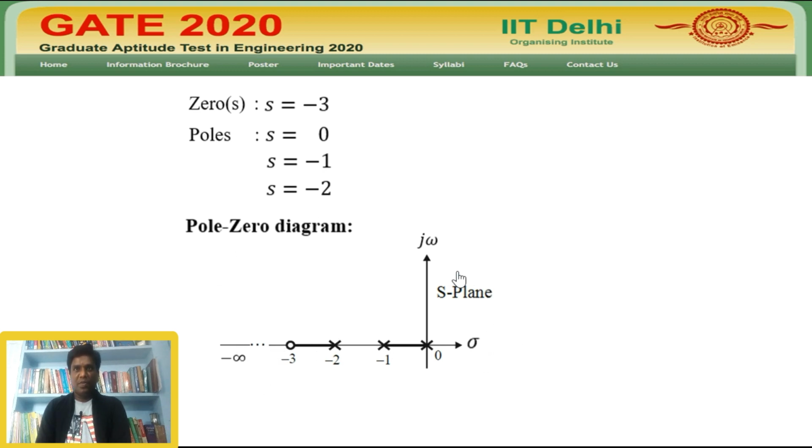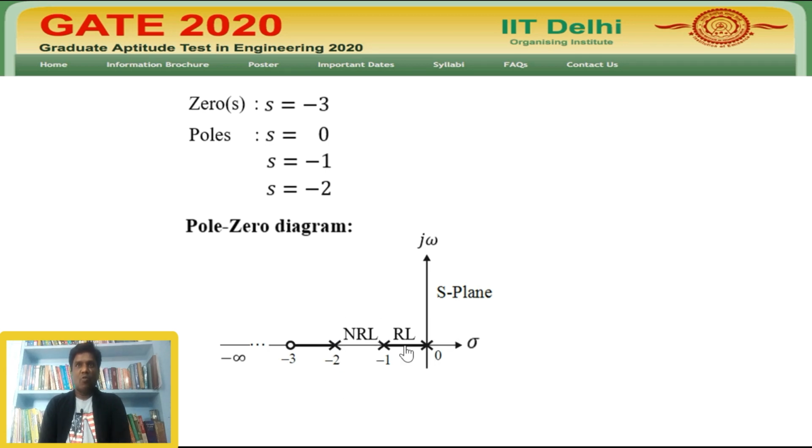According to this problem, from the pole-zero diagram in the S-plane, the odd number of counting is 1 from right to left. Here, the first odd-numbered segment starts at 0 and ends at minus 1. So, this segment of the interval is called the root locus path or root locus segment. Next, the even number of counting is 1, 2 from right to left. Here, the second position, the even-numbered segment, starts at minus 1 and ends at minus 2. So, this segment of the interval is called the non-root locus path or non-root locus segment.